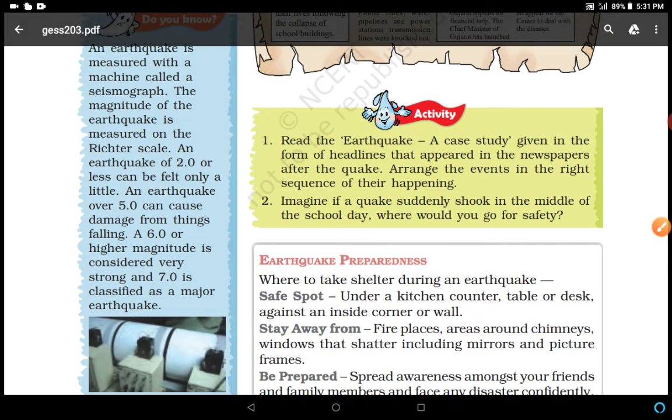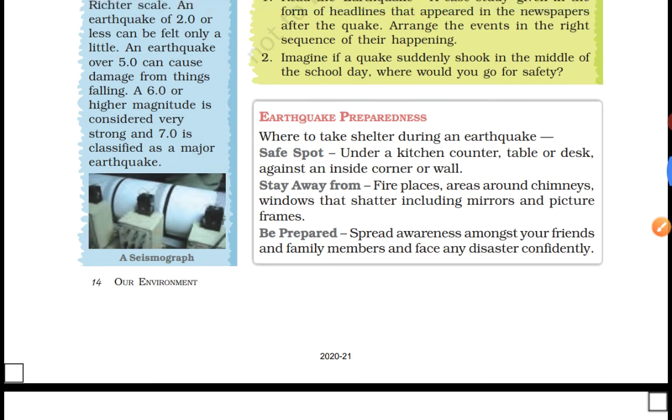Vibration of the earth is called earthquake. And on the Richter scale, an earthquake of 2.0 or less can be felt only a little. An earthquake over 5.0 can cause damage from things falling, and 6.0 or higher magnitude is considered very strong, and 7.0 is classified as a major earthquake that can cause damage and destruction.